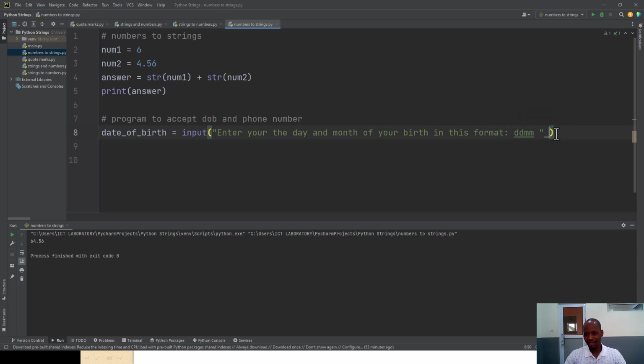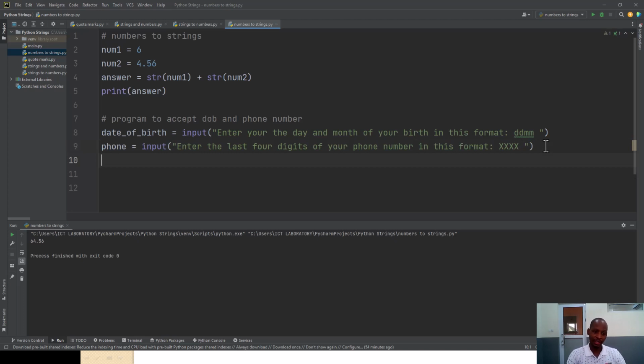Okay. So then we come here, phone. So let's give this input. Let's code this. Enter the last 4 digits of your phone number in this format. We can just use XXXX. So that's the last 4 digits. So let's go on. Now when the person enters it, then we now say